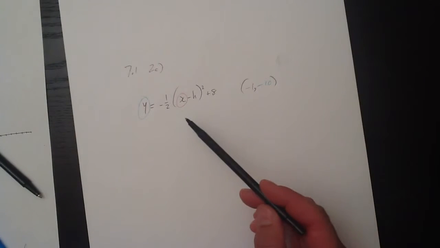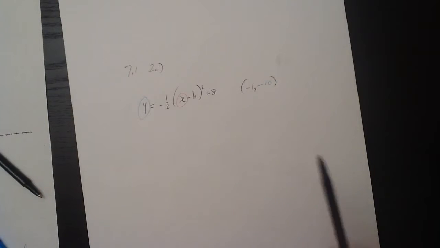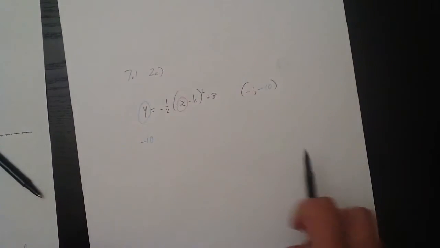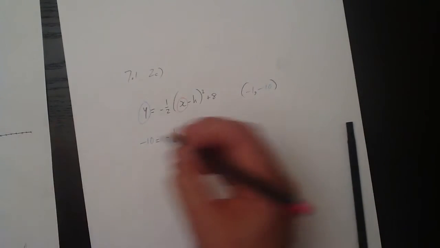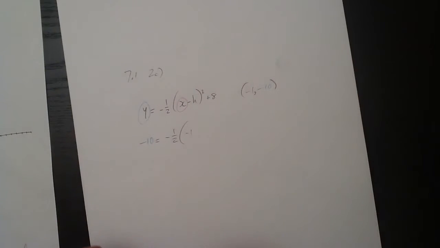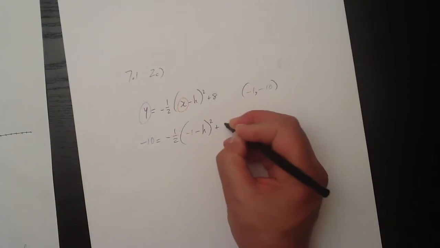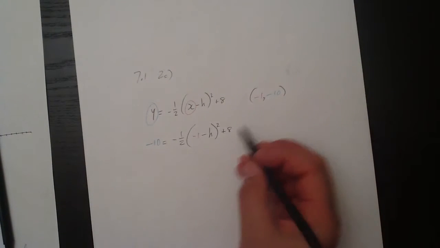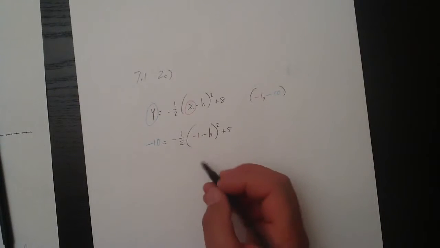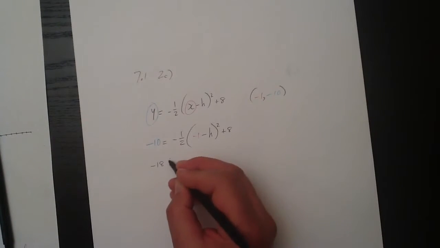So here we have the equation written out, and we're going to plug in -1, -10 into this equation. So if we do that, -10 equals -1/2 times (-1 minus h) squared plus 8. So we can go about solving this equation. The first thing we're going to do is move the 8 over to the other side. So we subtract it from both sides, we get -18 equals that stuff,